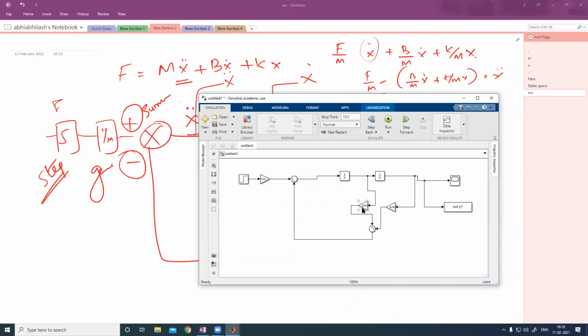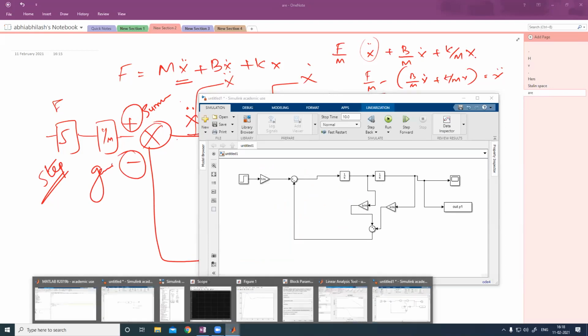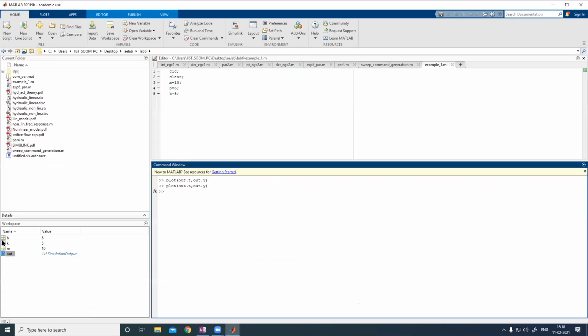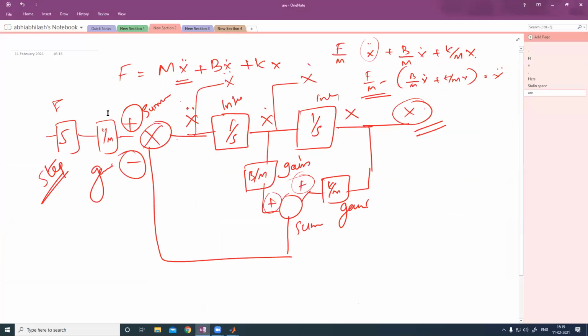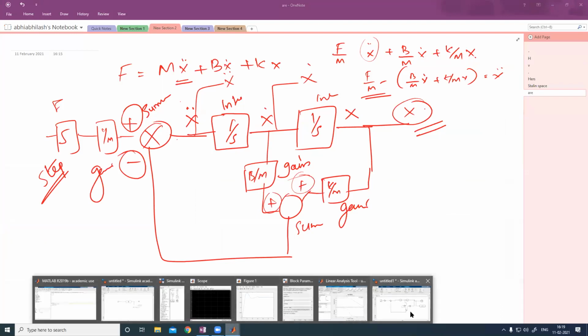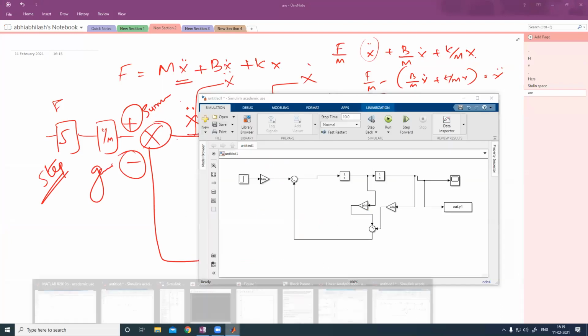So I am using this B and small m, K and small m, and 1 by m. Those things I have used here. B, K and m, these are the small letters. So here also I am using those small letters. So this one I am mimicking here. So I have to use two integrators. Two integrators are available in